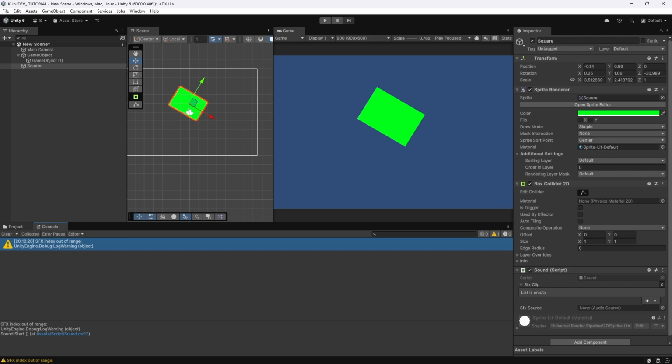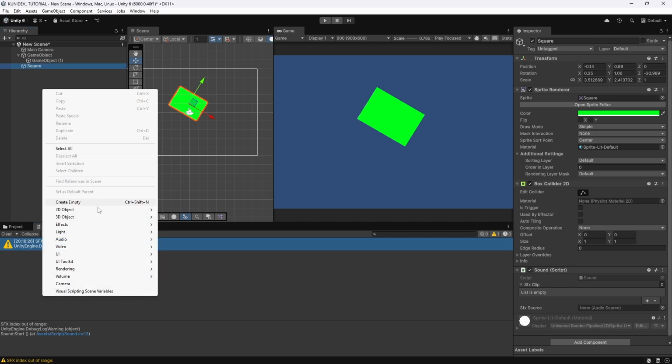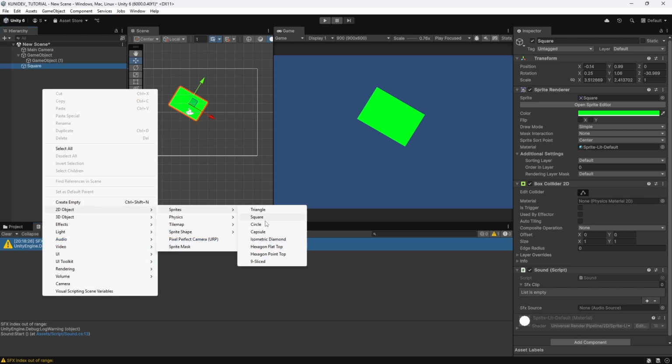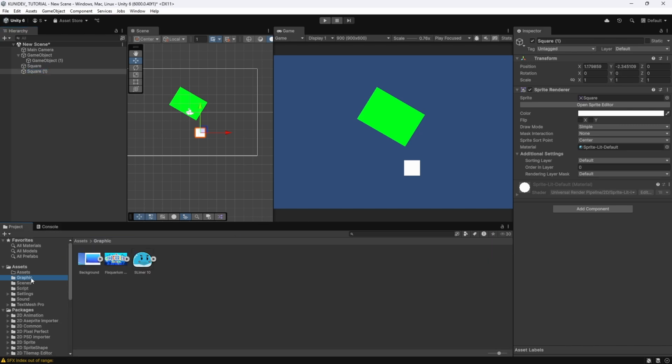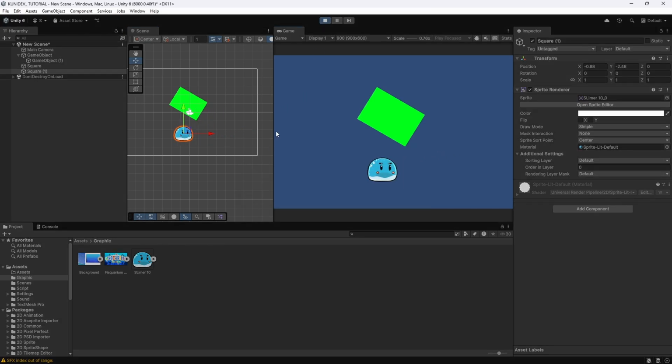So for example, I'm going to show you a little example. Left click here, 2D Object, Sprite, Square, and go to the Project window here, Graphics. You can drag an image onto the sprite, and boom, you have your first game object in the game. If you press play, the game will show this object